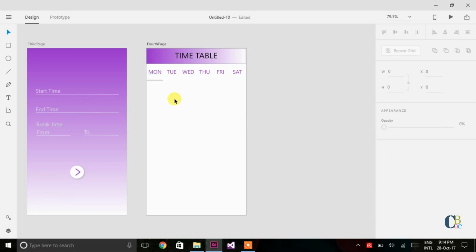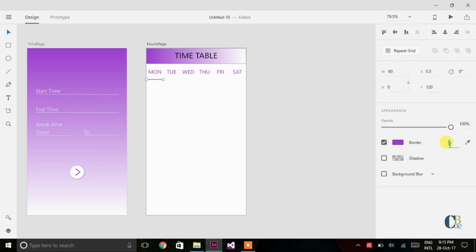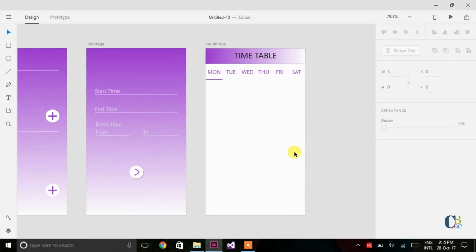So I think it should be 120. The y-axis should be 120. Okay, let's try to make the border 3. Color change to violet and let's make it border 3. Oh no, border size 2 is better. So yeah, we got the